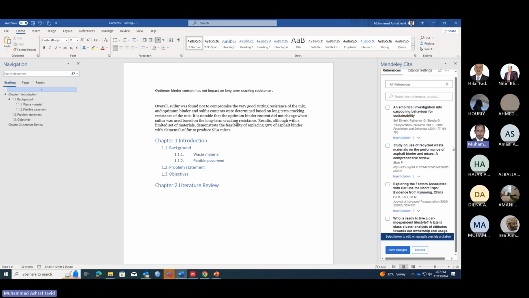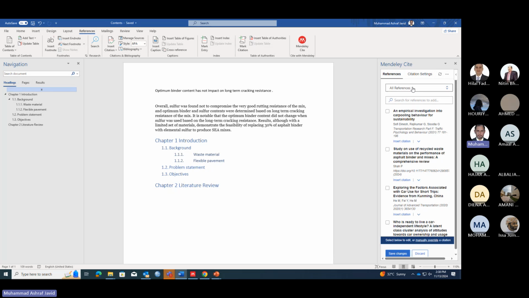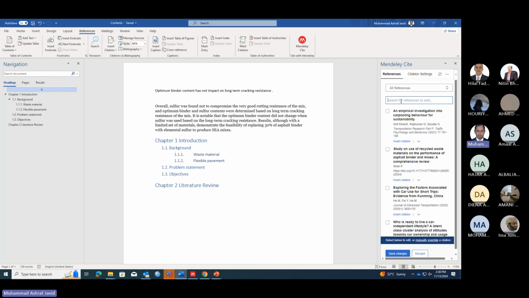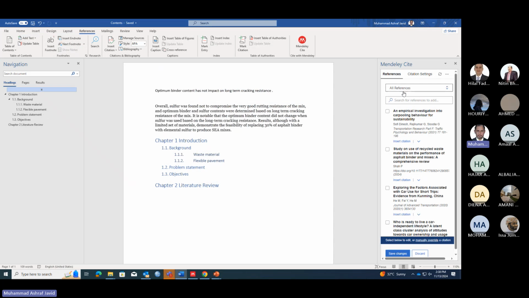Okay, you see here I have already opened this one. Just a minute. You see here, you need to click on references. You need to go for the Mendeley site. So I can look for the relevant reference here. Which one is it? Muhammad Anik. I can look for it by author, by name of the authors. So it would be